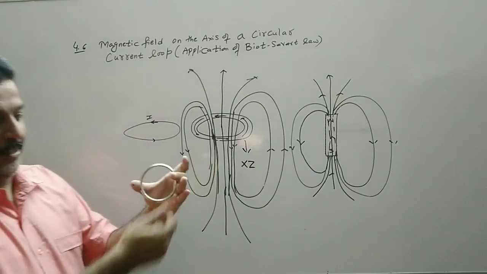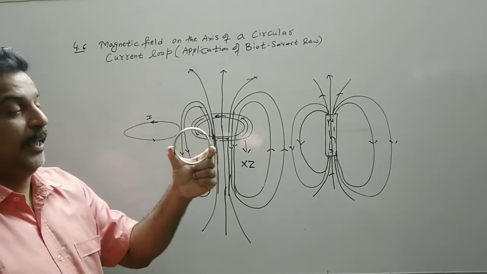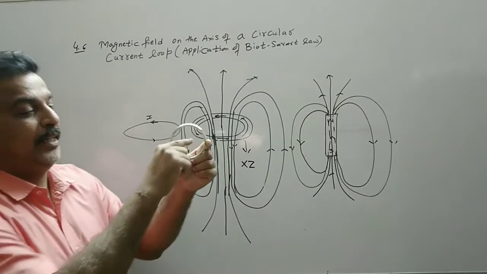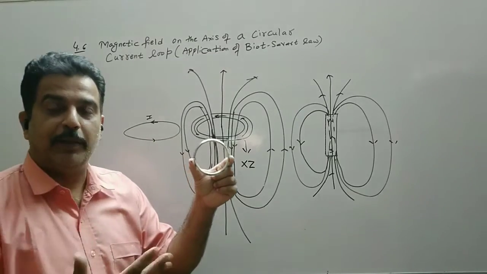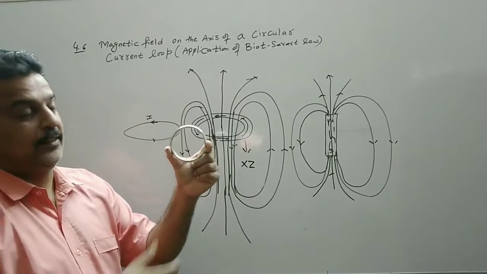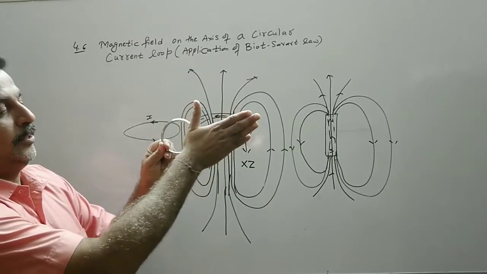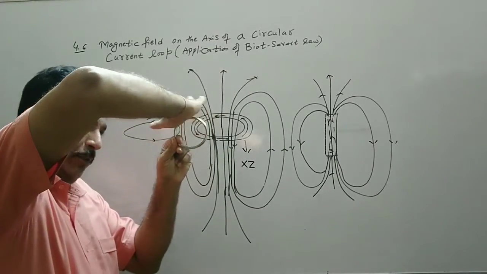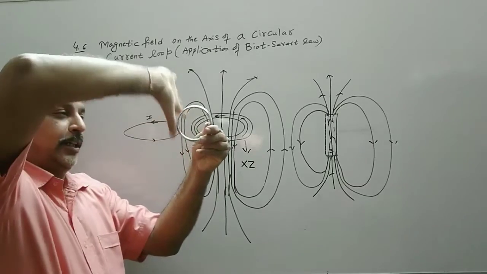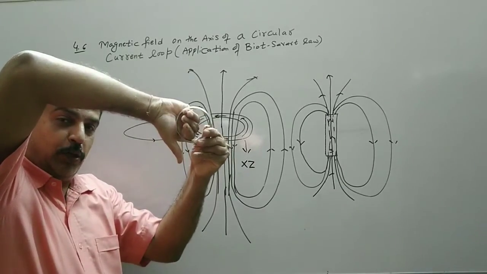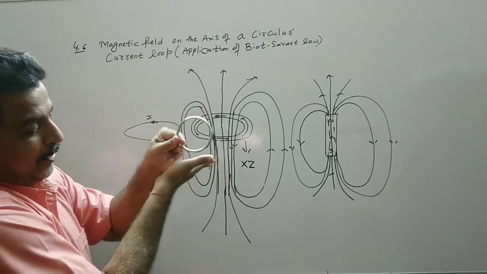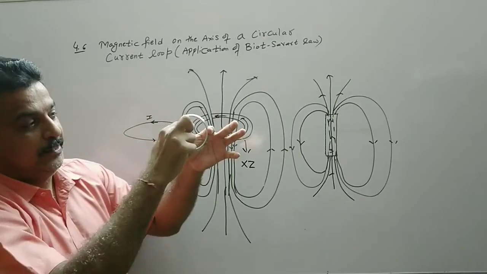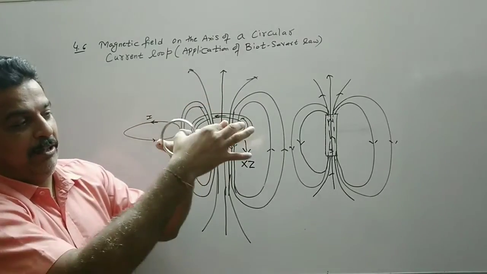If I keep a ring like this, now what is this plane? It is the xy plane. So the magnetic field will be along the z-axis, that is, perpendicular to it. If I keep the ring like this and consider this section, my fingers will come out. It will move to this side. Again my finger will come out from this side. Then the current is going inward, my finger will come outward. For this section the current is in this direction, my finger will come outward. So it will form a ring here, like this. The magnetic field will be circular.